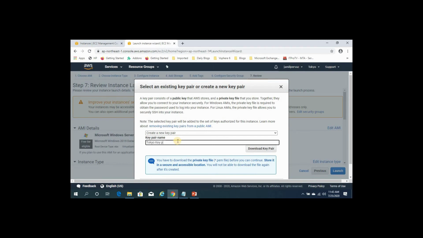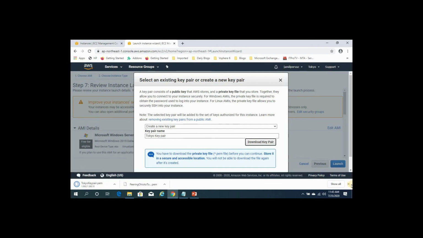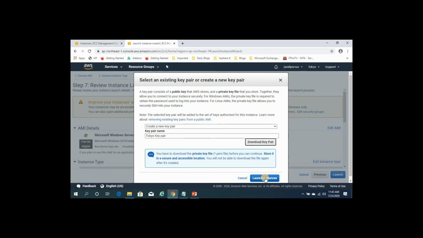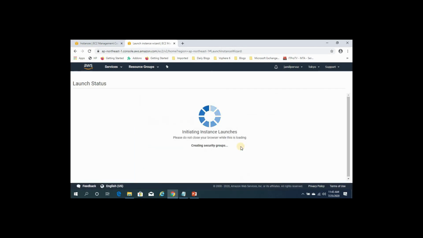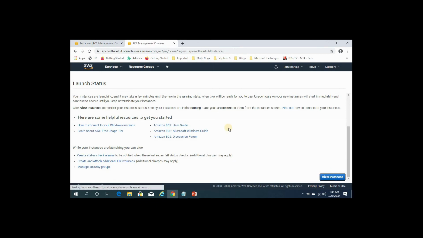Tokyo key pair. Download key pair. Click on launch instances. Click on view instances.